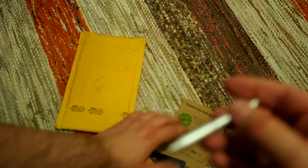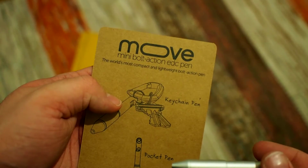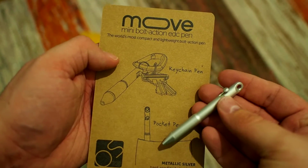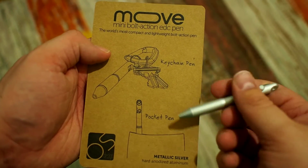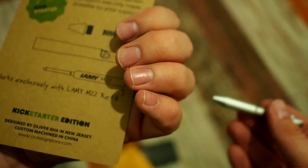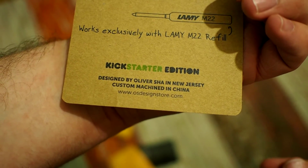So again, this is the Move Mini Bolt Action Pen. I'm not sure if he's going to sell these after a Kickstarter now, but I guess so. You can check his design store here,